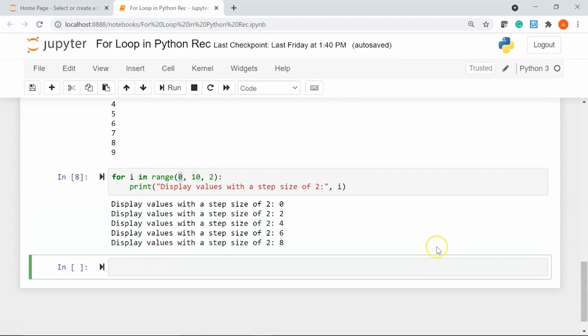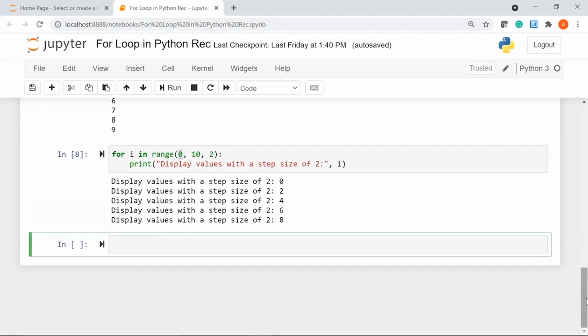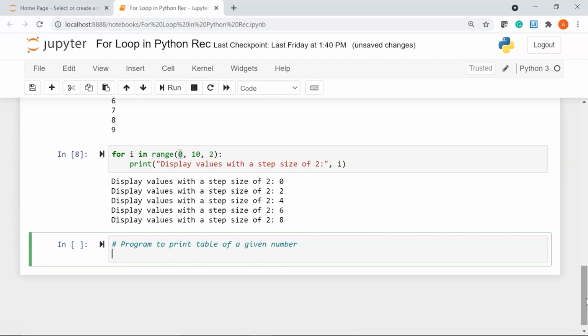Alright, now let's write a program to print a table of a given number. So I'll give a comment as program to print table of a given number. Alright, so I'll pass my variable n, which is going to be a user input.